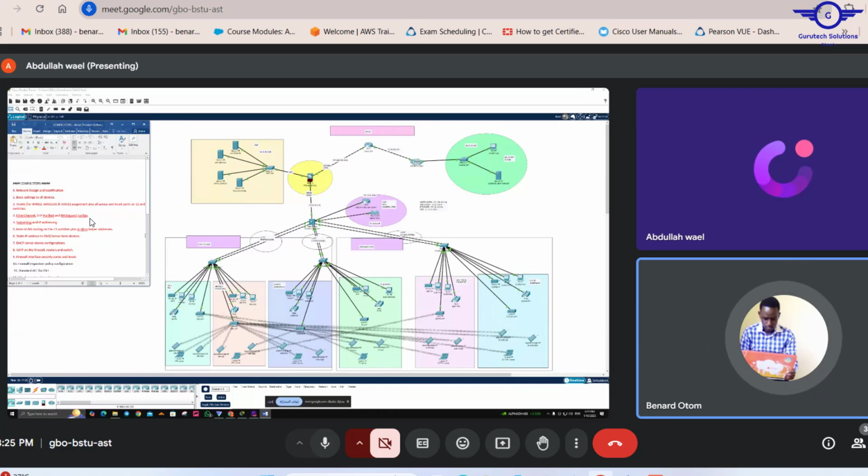Hierarchical network design is a network design where we have the core layer, the distribution layer, and